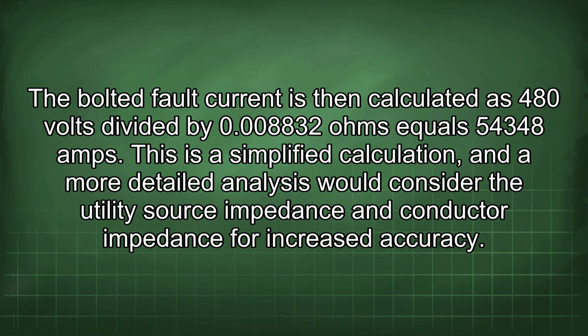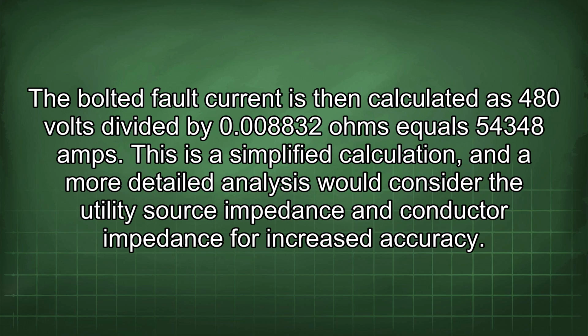The bolted fault current is then calculated as 480 volts divided by 0.8832 ohms equals 54,348 amps. This is a simplified calculation, and a more detailed analysis would consider the utility source impedance and conductor